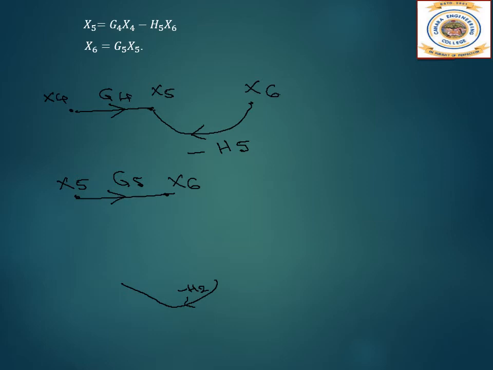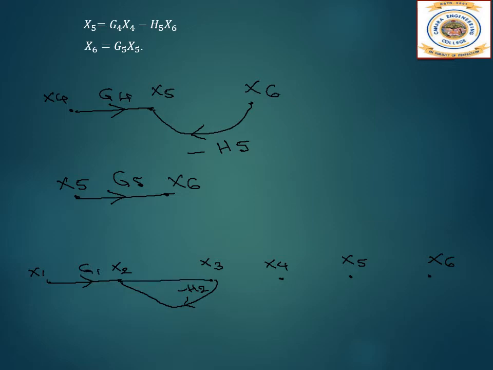Now let us combine. We know x1, x2 and all the nodes here, we have to just connect them together. So first let me put down the nodes: x1, x2, x3, x4, x5, x6. Now just combining it all together. You know what the nodes are and how they are connected, so we just combine those things together.